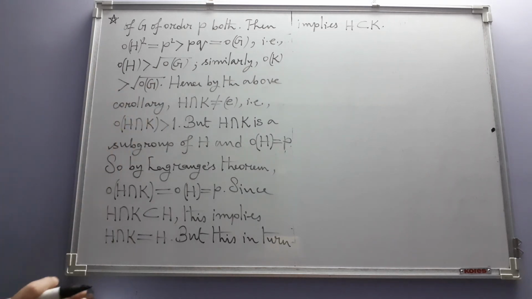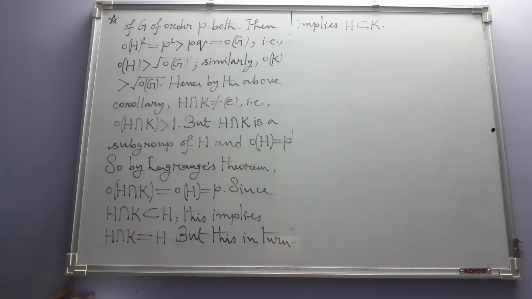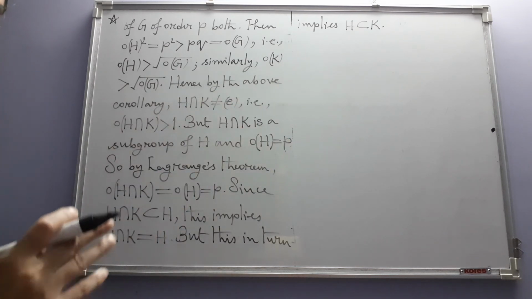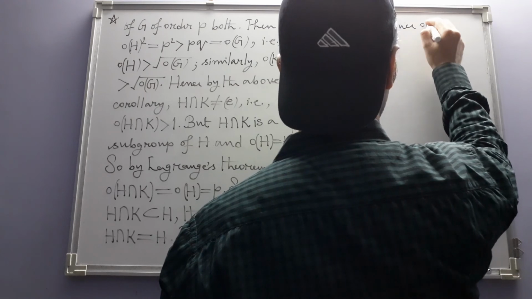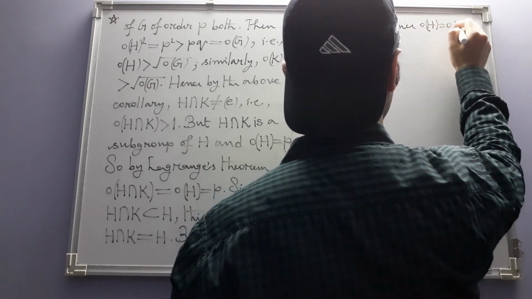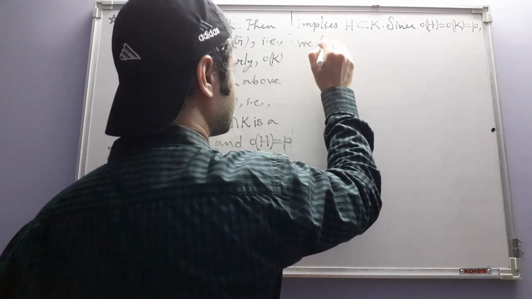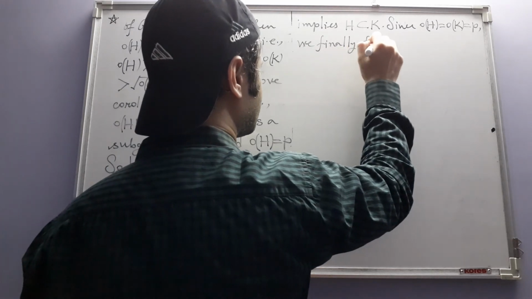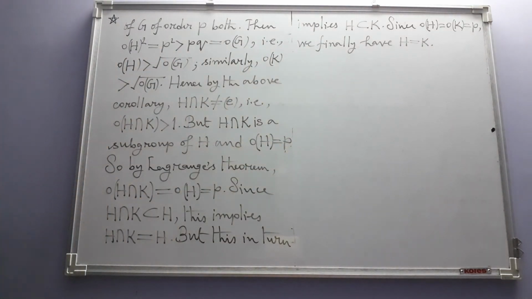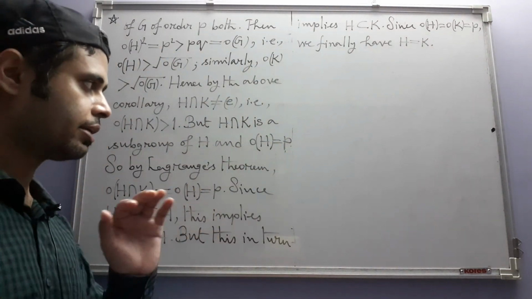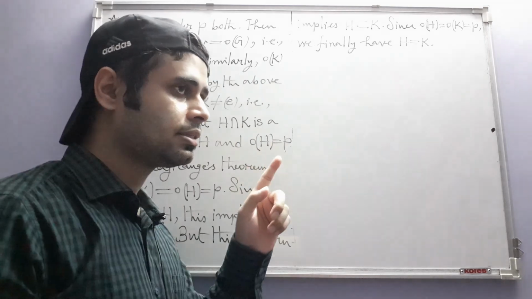But after this we can again invoke that same argument. H and K are both subgroups of order P. Since order of H is equal to order of K is equal to P, we finally have H is equal to K. So note that what we have achieved here, in a group of order PQ where P and Q are distinct primes, there is at most one subgroup